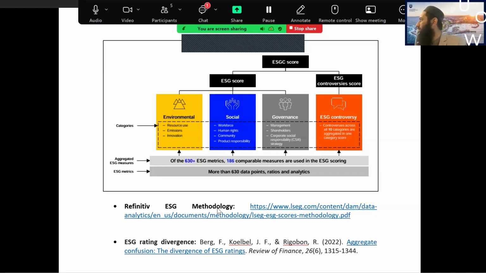Second question. On the ESG controversy, I think Sustainalytics also has it, and the other one is RepRisk. So is there anything common or different? Yeah, I think Sustainalytics and RepRisk are more specialized in controversies, negative events, and things like that. One of the criticisms ESG ratings face is that from one provider to another, they vary a lot.